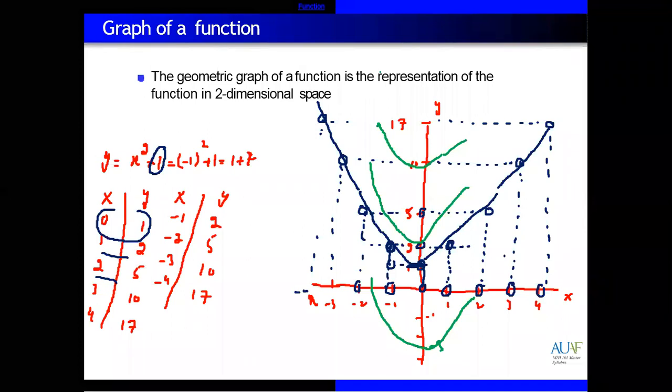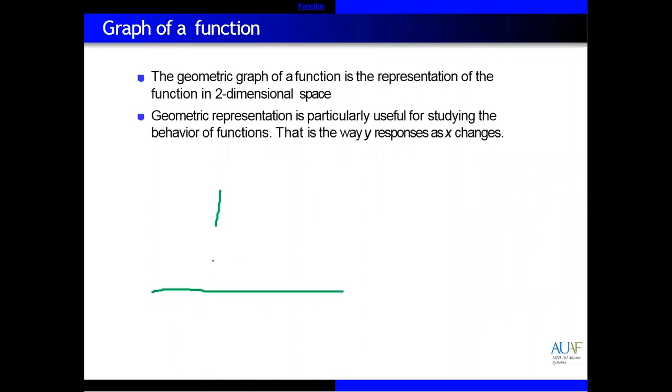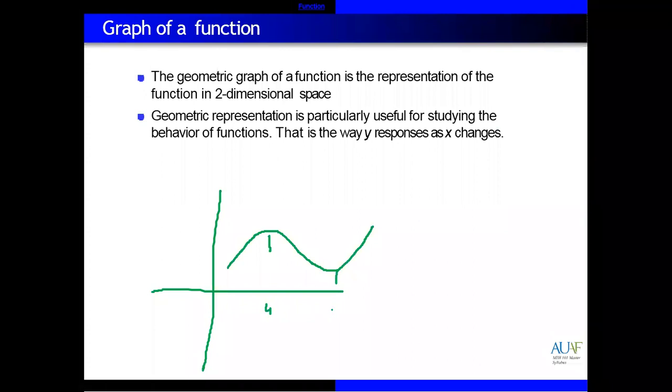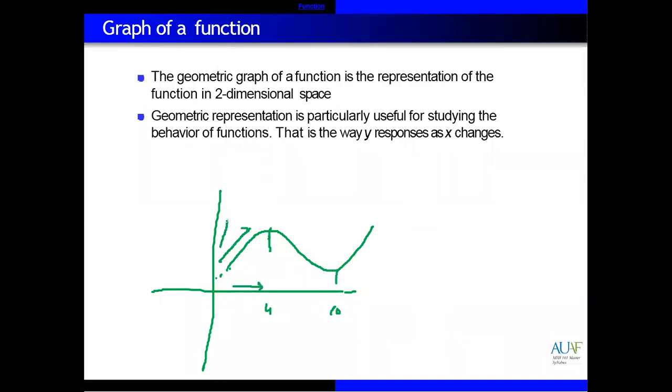For example, if we have function like here, this point is actually 4, this one let's suppose 10. So this show behavior means like from 0 till 4, this function is increasing. X value is increasing, Y value is also increasing. Okay, after 4, X is increasing, but Y values are decreasing. This is the behavior of function.